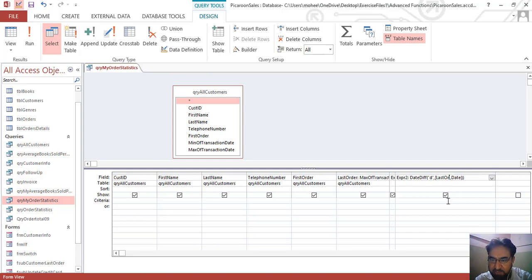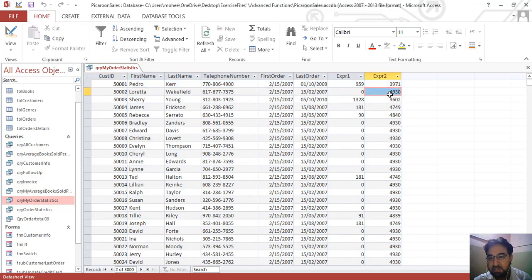So let me write here last order. Last order field is here, and now when we run this query, a little bit different here because there was 4000 before, now it turned to 3000, and that's how we use the DateDiff function